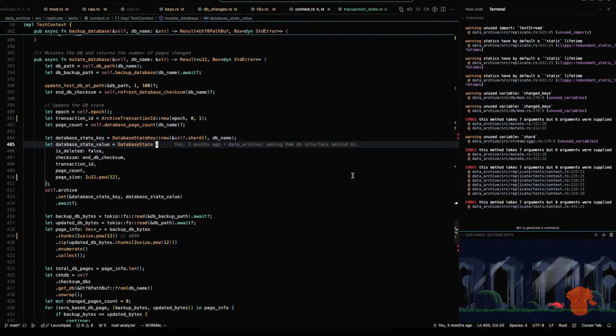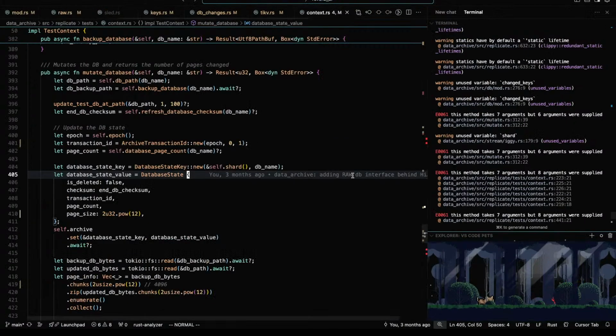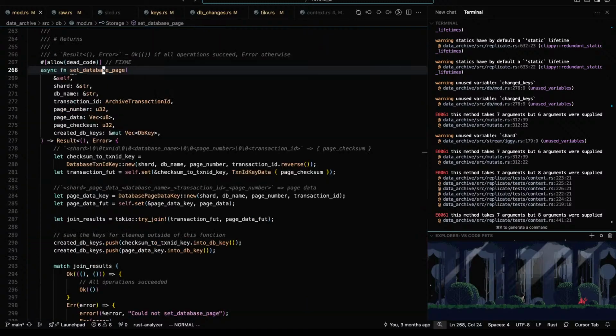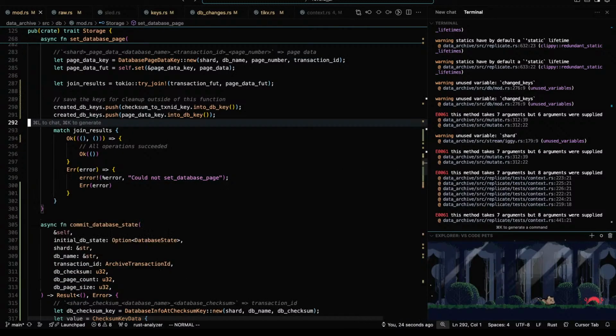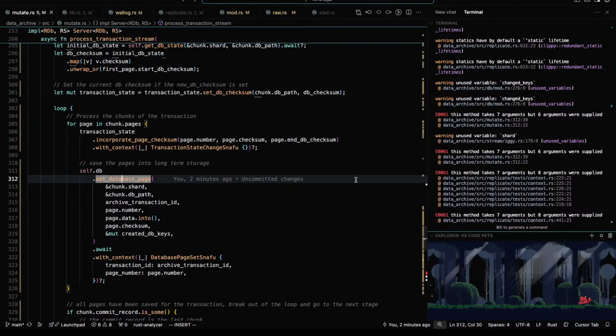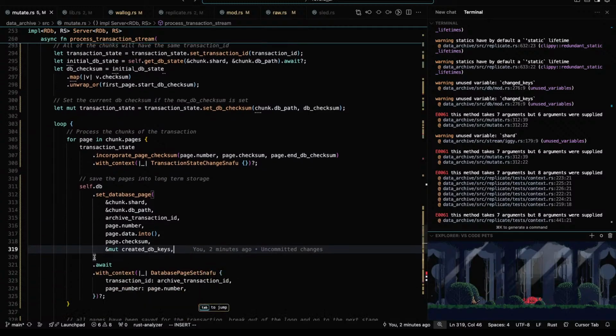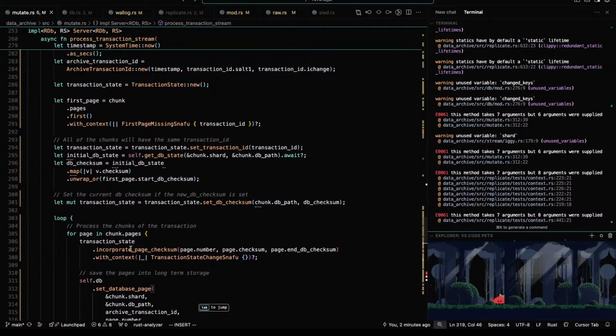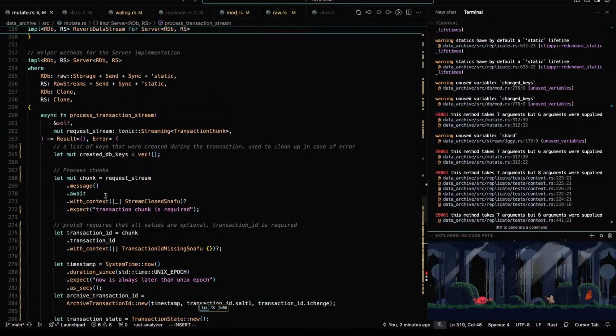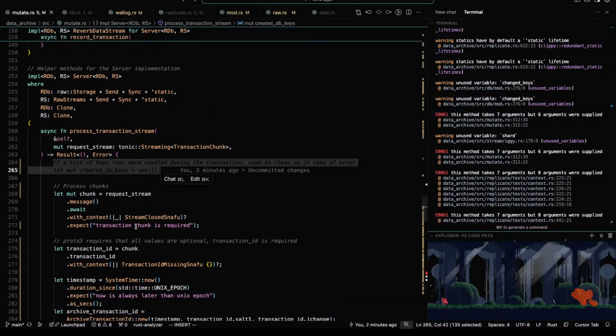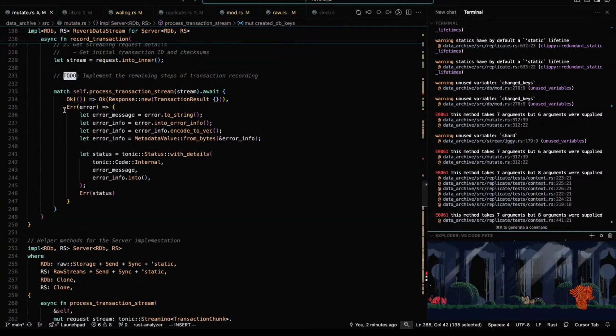I went to the wrong place. Oops. No. Here. I think I want this to be outside so that we can bubble up anything and clean up here.